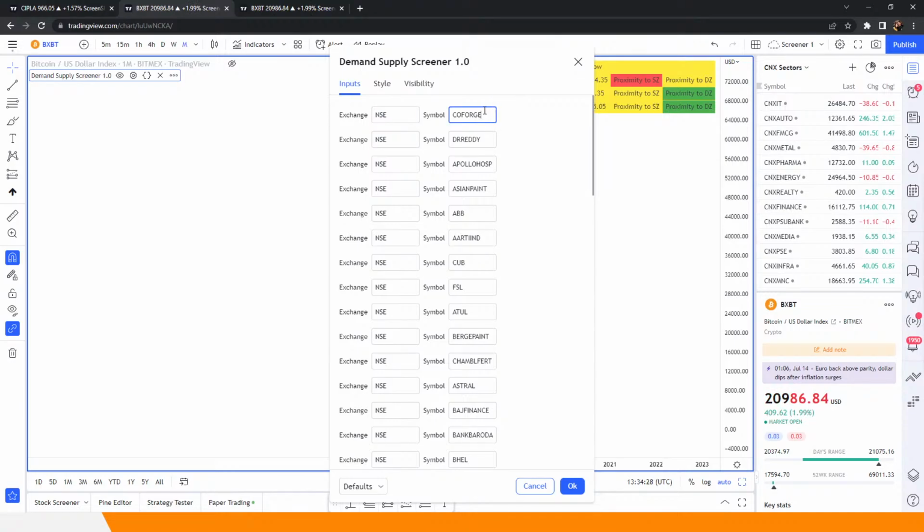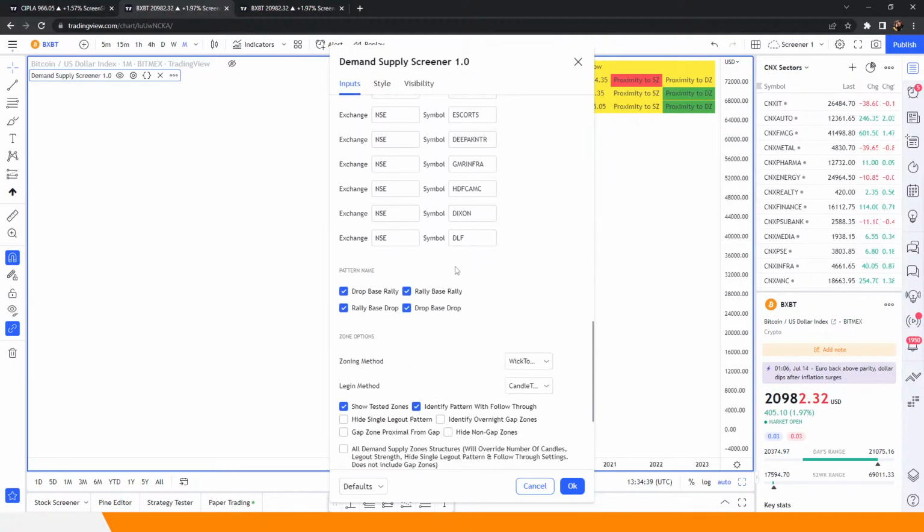If you make any spelling mistake with this, then yes, it will not be included in the list. So always ensure that you're double checking that the name and the exchange name you have given is correct. So here you can see I have given 40 scripts, right? And after that, it's the same thing, the options which we have even with the demand and